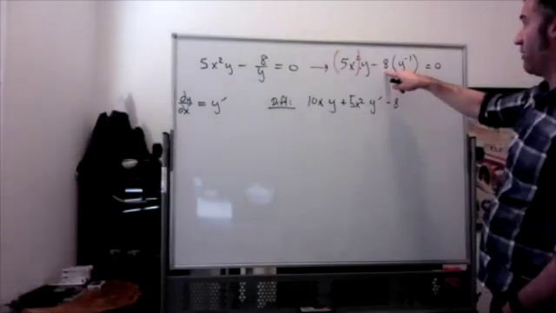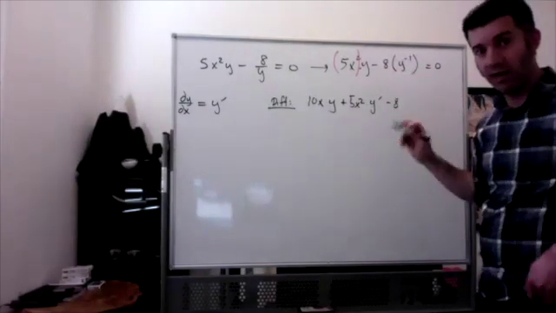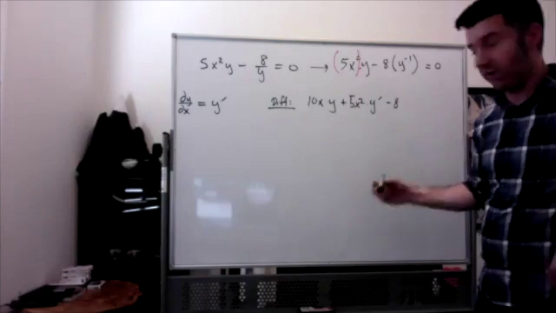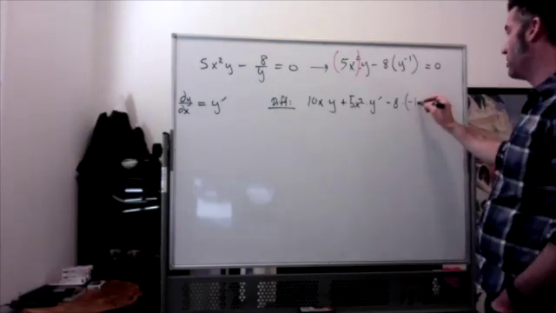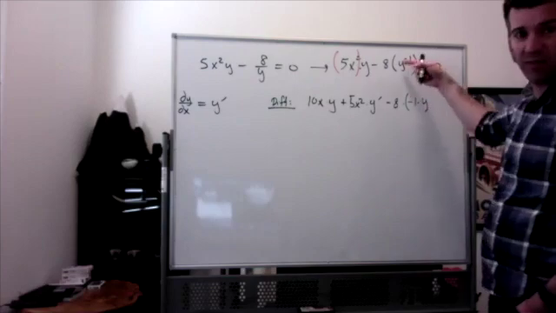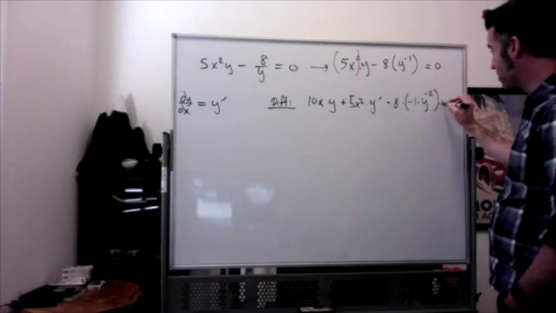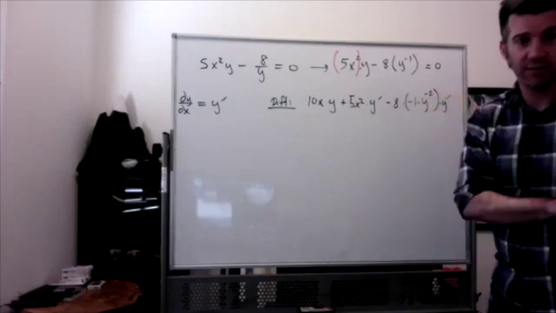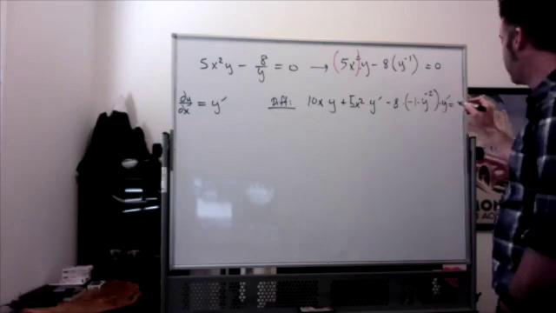So the derivative of negative 8y to the negative first is negative 8 times the derivative of y to the negative first. Okay. The derivative of some stuff to the negative first power is negative 1 times that stuff to the negative 1 minus 1, which is negative 2, times the derivative of that stuff